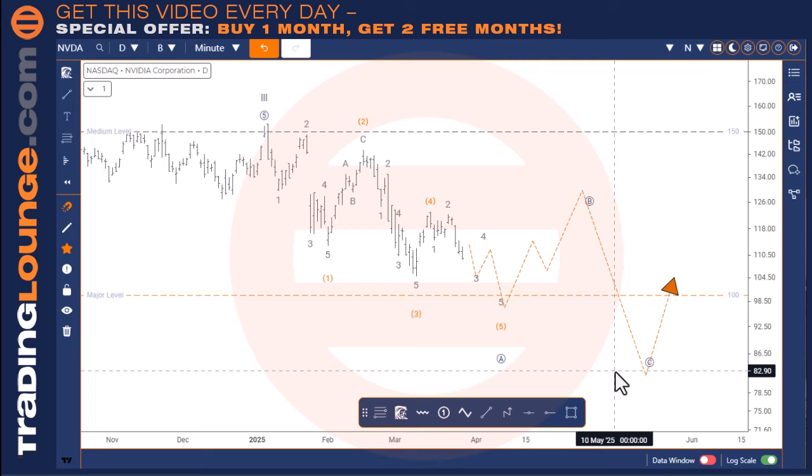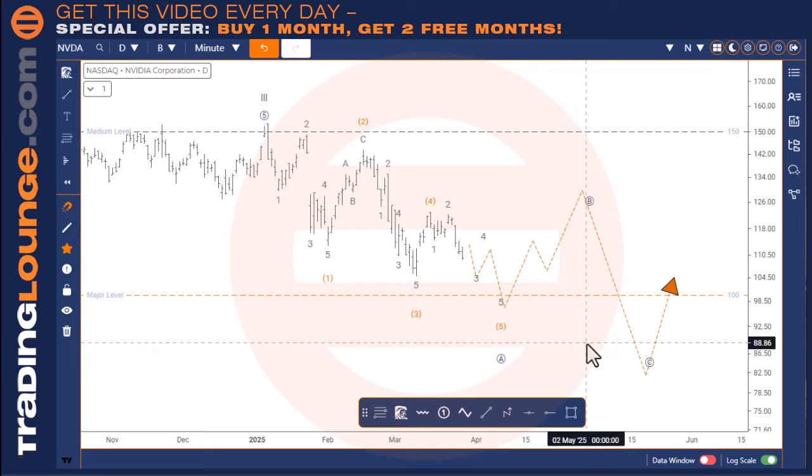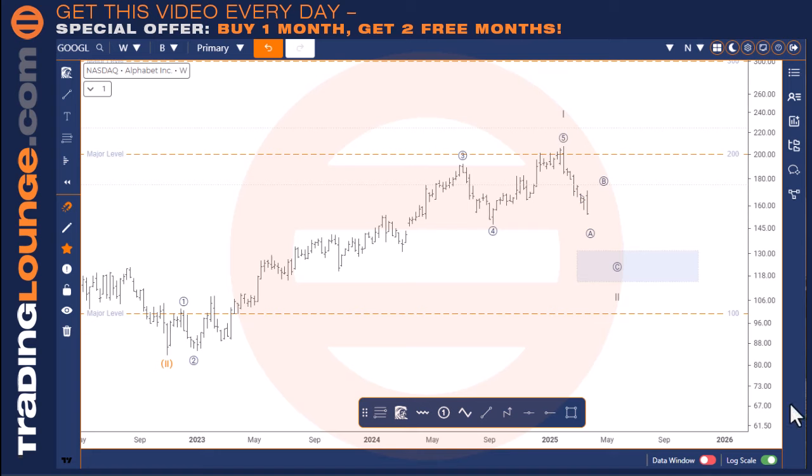It's pretty much going to be stormy, choppy waters here for quite some time with this market, unfortunately. Let's have a look at Google. So this is a weekly chart for Google, and it's obviously reacted from this major level up the top here, and the 150 is a good support down here for